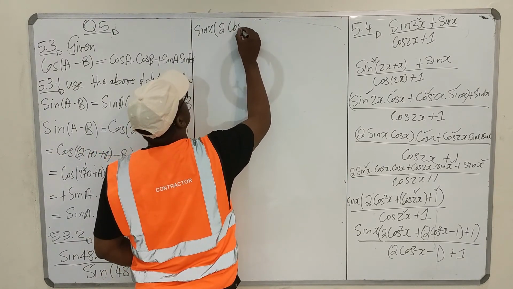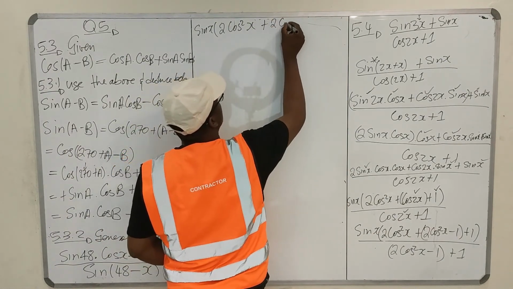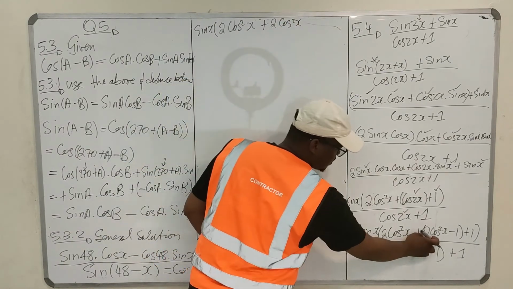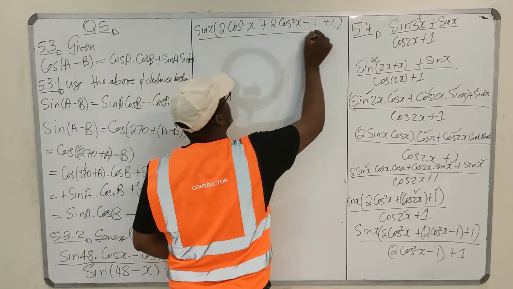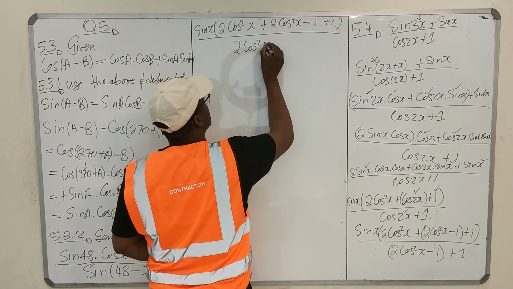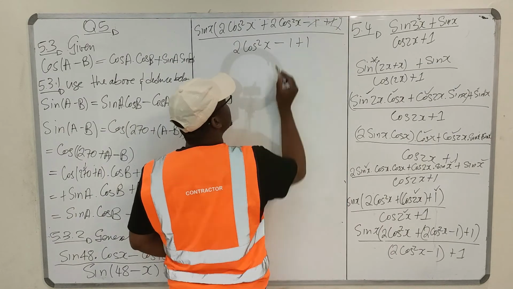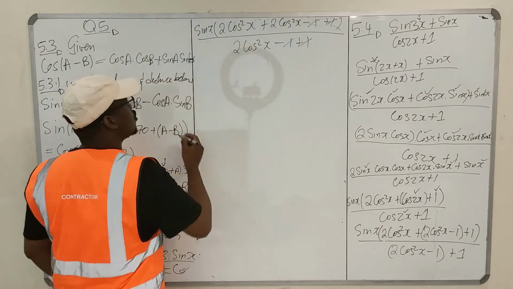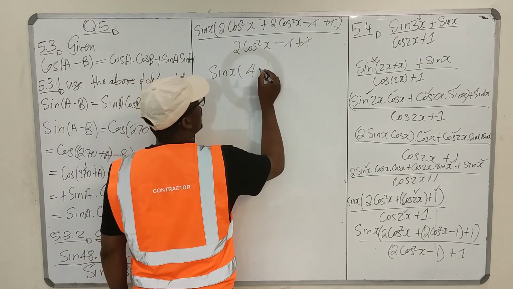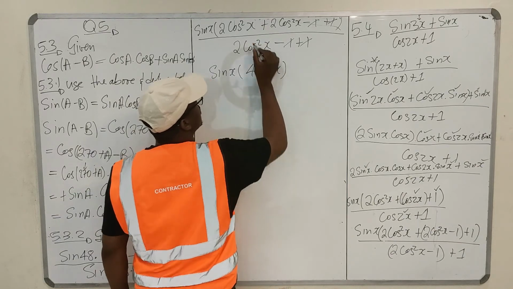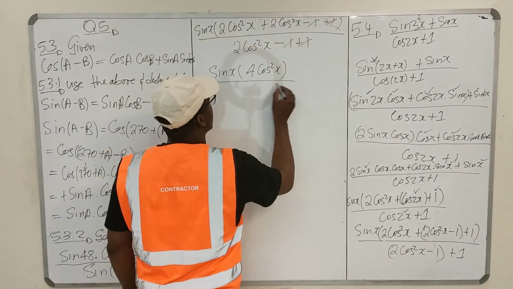So we have 2 cos squared x, which is that, plus 2 cos squared x, which is this, minus 1 plus 1. Close the bracket, all over 2 cos squared x minus 1 plus 1. So this and that go away, this and that go away. So on top we have sine x into 4 cos squared x, since 2 cos squared plus 2 cos squared is 4 cos squared x, all divided by 2